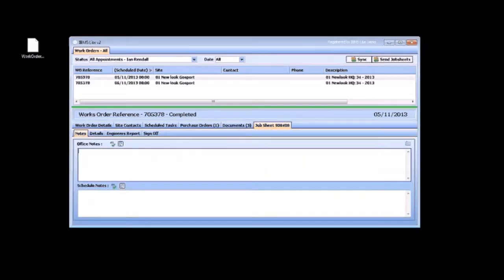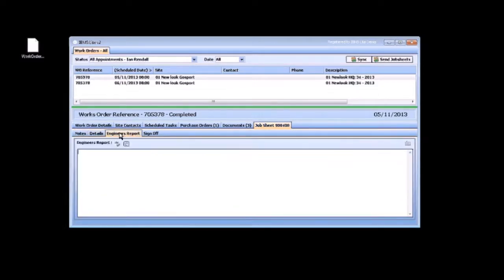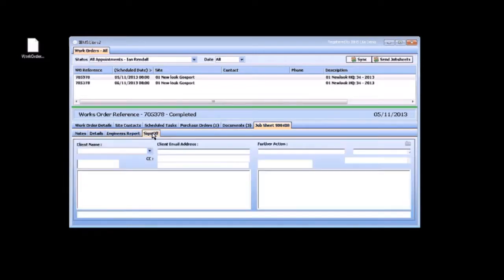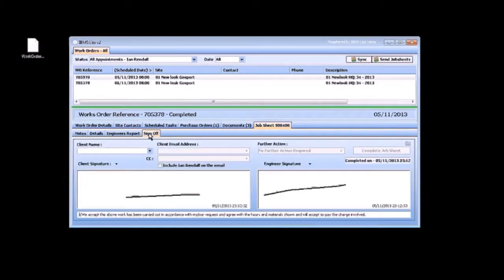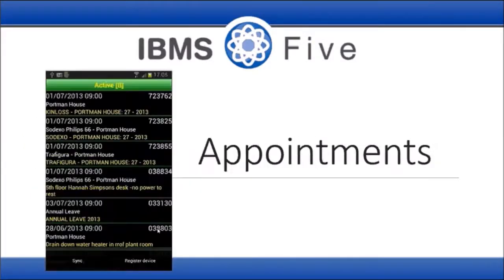And the job sheet. You can pass office notes back, some schedule notes, capture your time and materials, and fill out your overall report. Then you can capture the client signature and sign it off yourself, sending the job sheet back to the office. The second way is through IBMS Mobile, which is an Android application. Number of appointments,